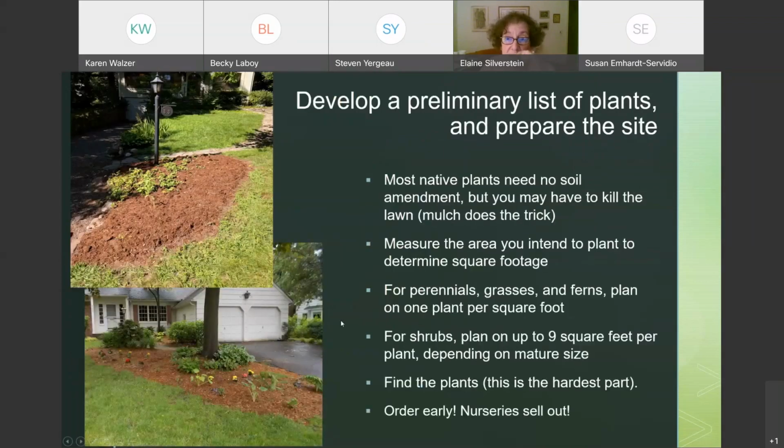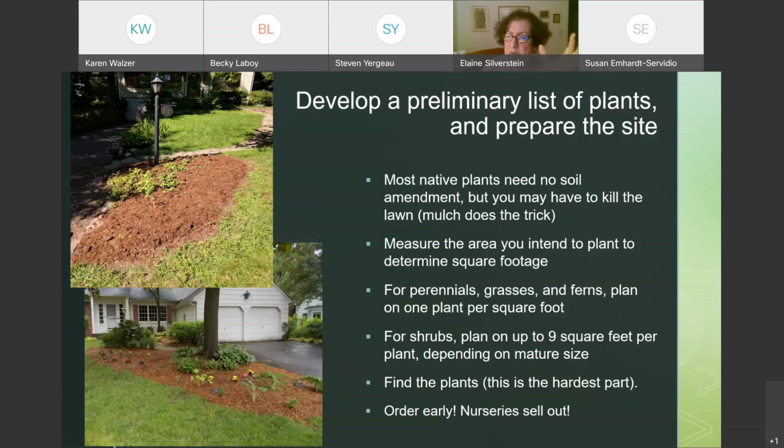So the next thing is to develop a preliminary list of plants and to prepare the site. Most native plants need no soil amendment. If you pick the right plants for your site, you should need no soil amendment whatsoever. You do not want to enrich your soil with compost or do anything like that, but you may have to kill the lawn. The simplest way to kill a lawn, and you'll read all kinds of stuff about this,